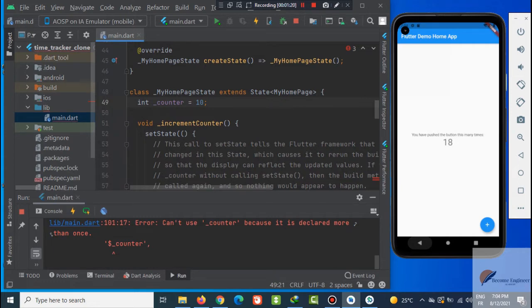So in Flutter, UIs are always defined declaratively. The place where this happens is in the build method of the widget that we defined.